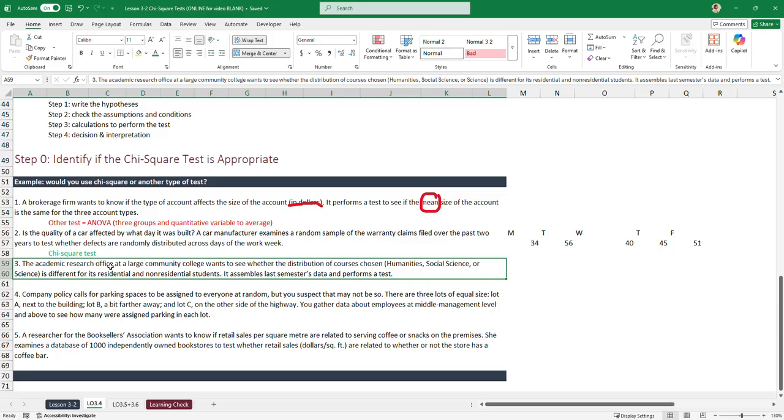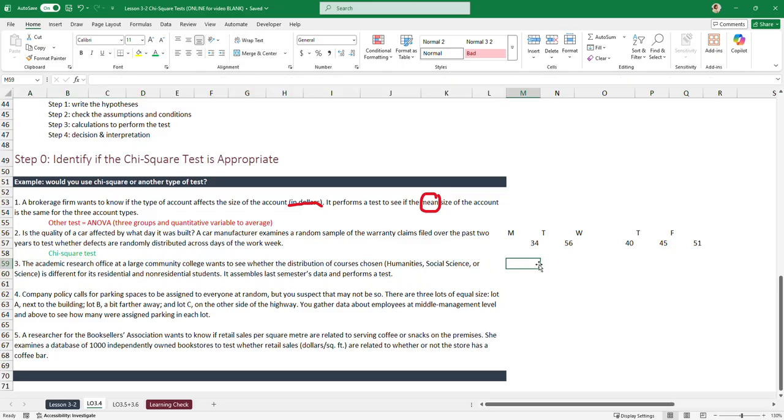Question number 3 says, an academic research office at a large community college wants to see whether the distribution of courses chosen is different for residential and non-residential students. It assembles last semester's data and performs a test. So basically, this one would be like residents, non-residents, and then they'd look at the courses, humanities, social science, or